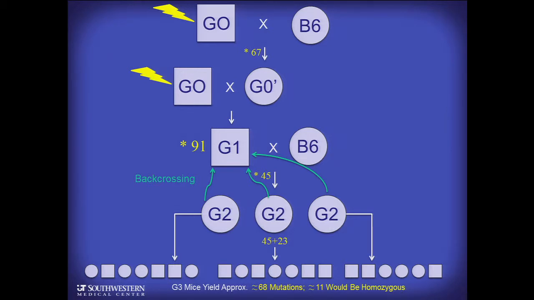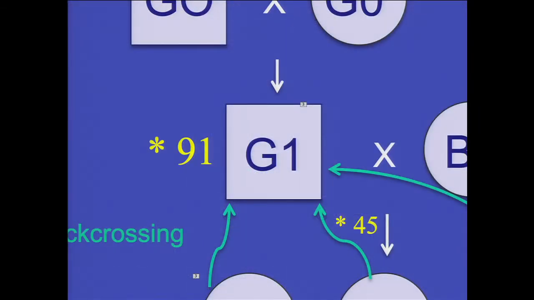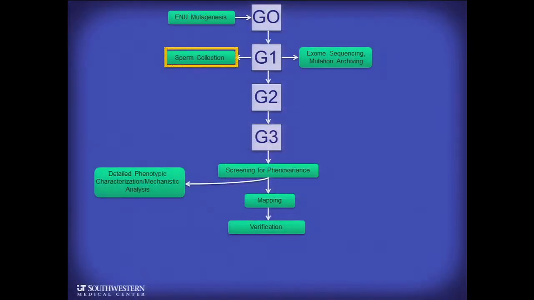In all, we make a total then of about 50 or so mice per pedigree, and every pedigree has one and only one G1 mouse, and that's how the pedigree is defined. On average, every one of the mice in this G3 generation, which is screened for phenotype, will have 68 mutations, and 11 of those on average would be in the homozygous state, but somewhat fewer than that is observed because of lethality effects. The G1 mouse is particularly important for all of our studies because it's this mouse from which